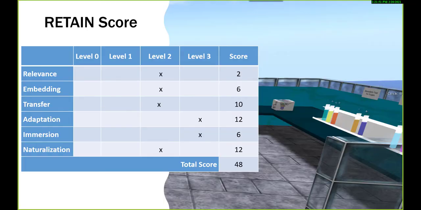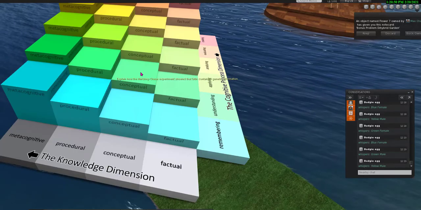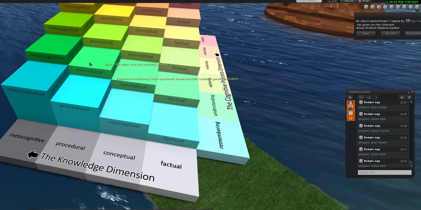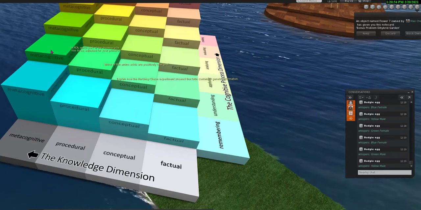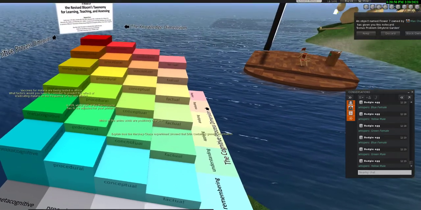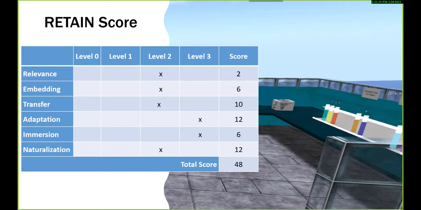In terms of relevance, Genome Island was given a level 2 score because the content is targeted and learning objectives are clearly defined, and it also creates interest in what is to be learned thanks to its visuals and overall presentation. Embedding was also given a level 2 score because it does provide the learners with opportunities to engage with